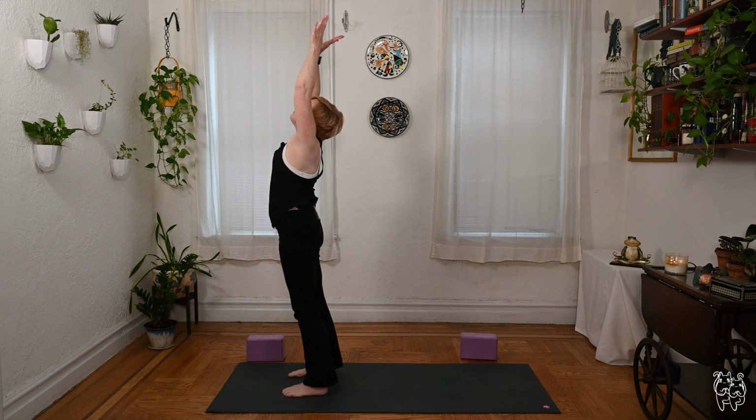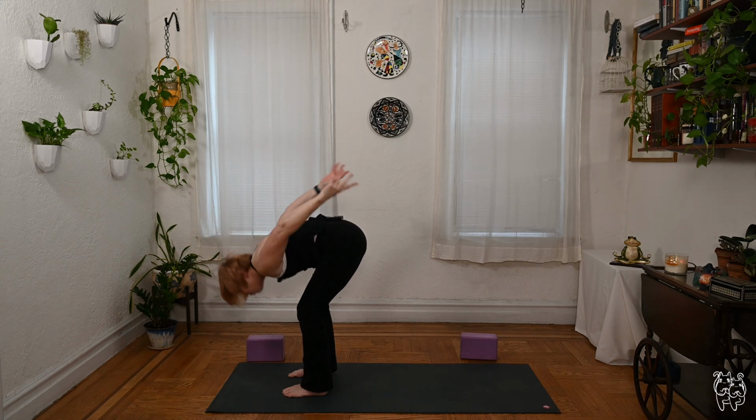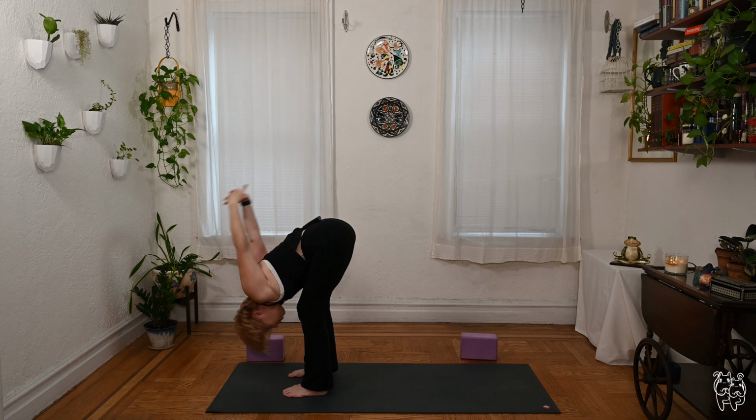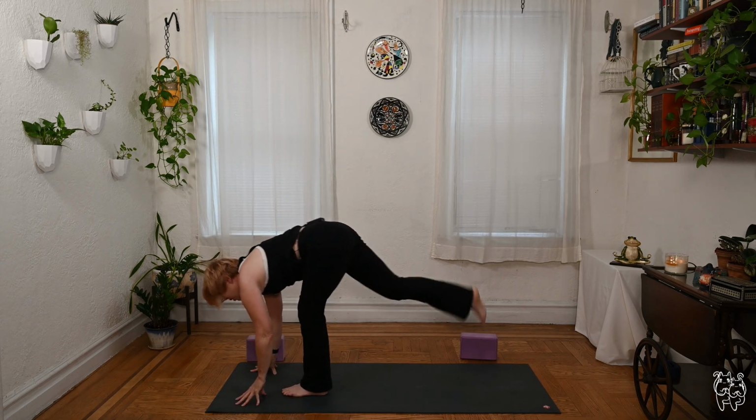Hook the thumbs, hips slightly forward, eyes up. Exhale as you dive, arms back, change the grip, interlace fingers, and stretch the arms overhead again. Lower hands and fingertips to the mat, lift the chest, send the right leg back in low lunge and lower